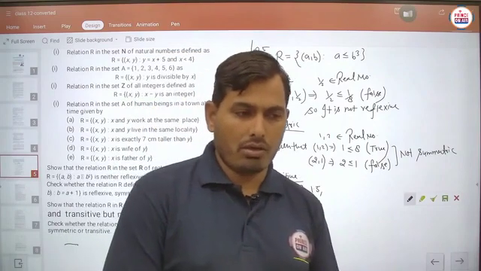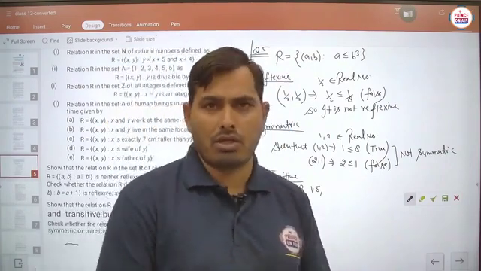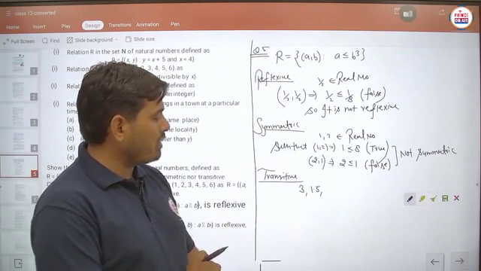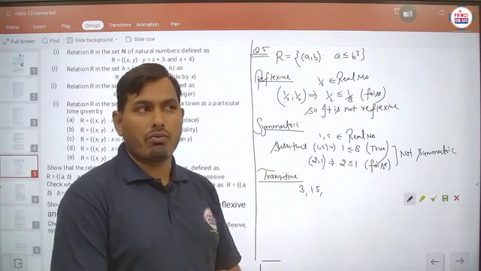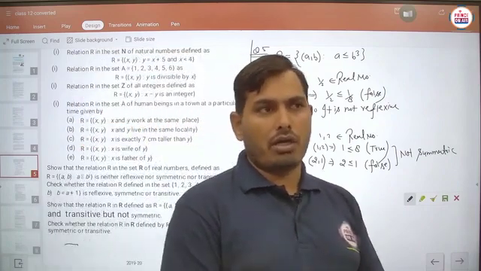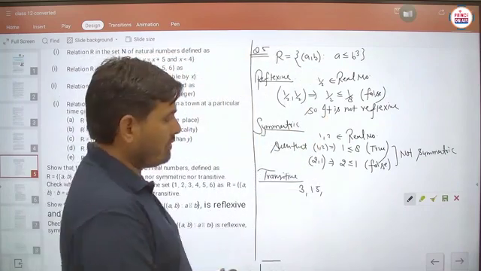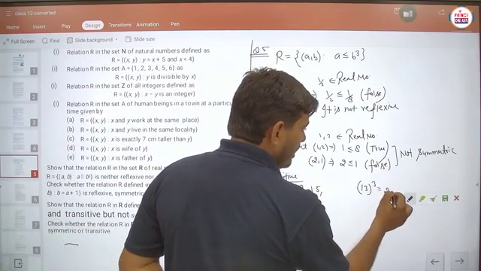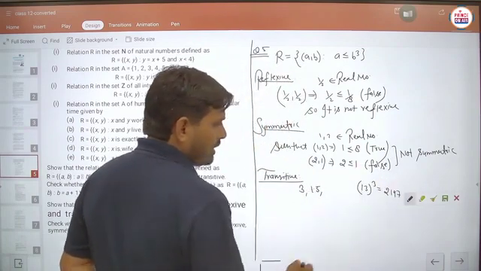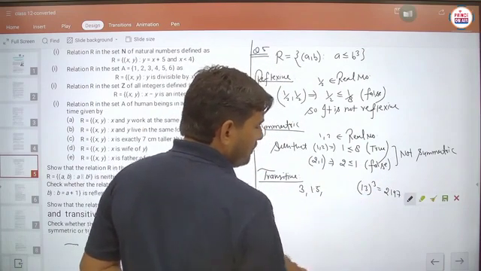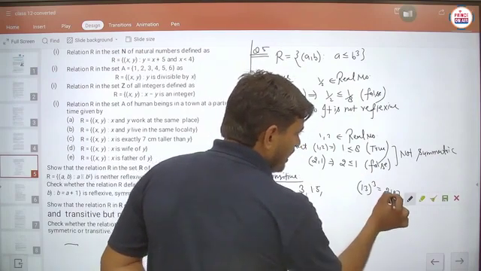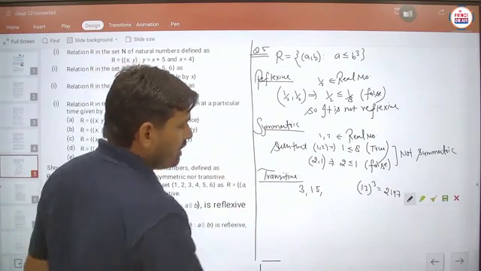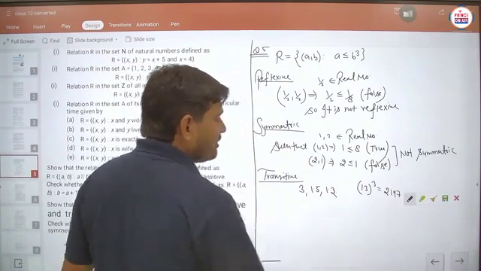So I think 1.111 cube is 1331. So this is not satisfied here, because this is less than this part. No problem. Next we take another number, 13. So 13 into 13 into 13 gives 2197. You can check this after doing the multiplication. So we take 1.3, then its cube should be 2.197. That should be greater than this and less than this. So we will assume the third number as 1.3. Is it clear?